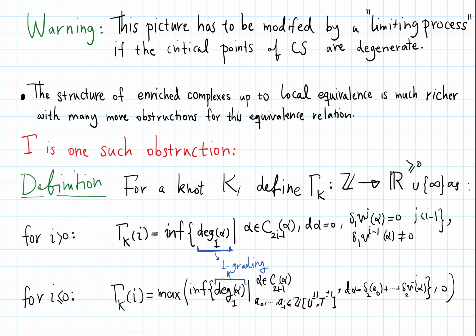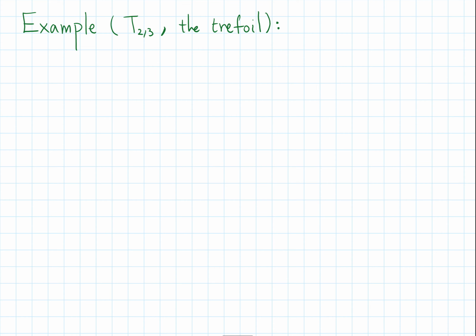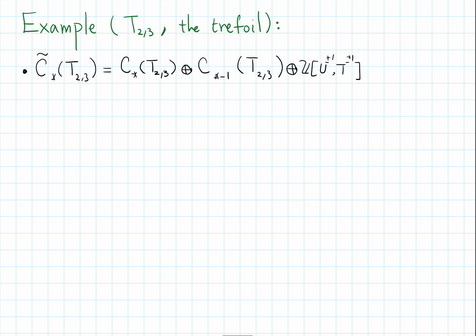It is probably a good time to look at an example. Let's consider the case of the trefoil. In this case, the S complex C tilde with local coefficient system is going to be decomposed, and it has this standard splitting. The part which we have to figure out as a module is C star of the trefoil. It turns out that it's a rank 1 module over our underlying ring, a ring of Laurent polynomials